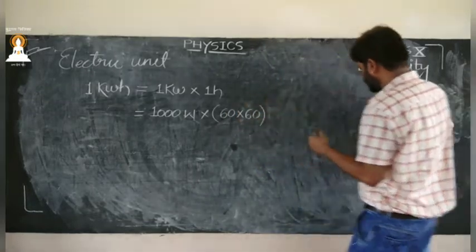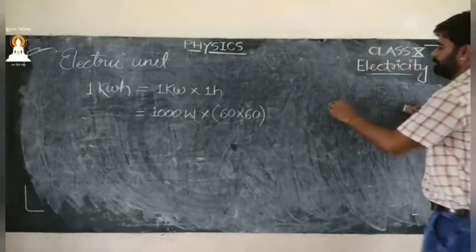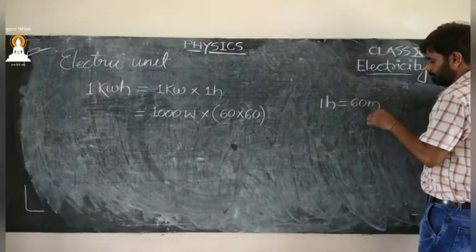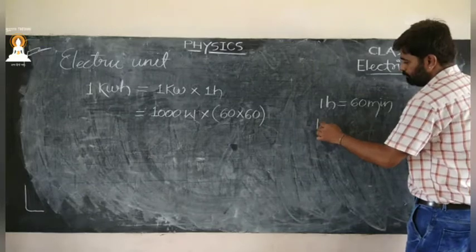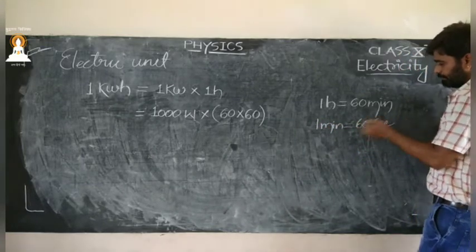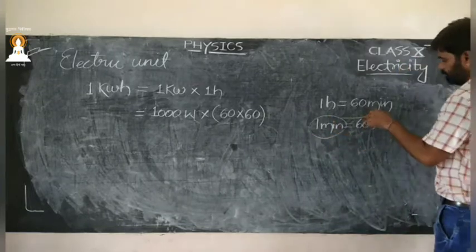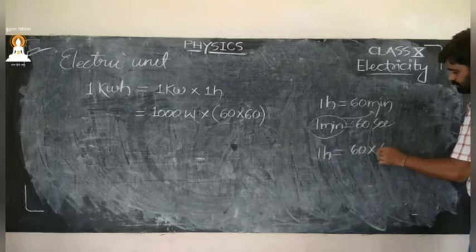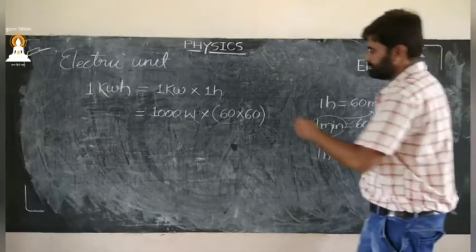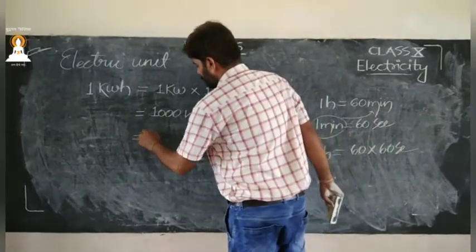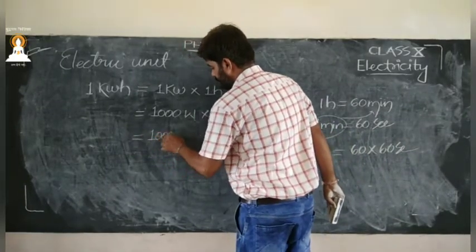Very simple. 1 hour is equal to 60 minutes, and 1 minute is equal to 60 seconds. So 1 hour will be equal to 60 into 60 seconds, and this is nothing but 1000 into